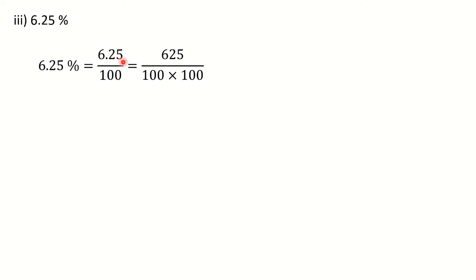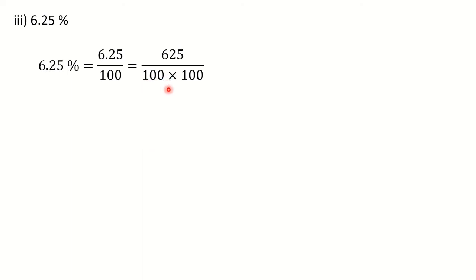Now here we don't want this decimal point. So to remove that decimal point, here we have multiplied by 100 in the denominator. I told you how to do it. Count the places after the decimal point, 1 and 2, and that many zeros you should have in the denominator. On 1 you have to give that many zeros. So this 100 is already present, and 6.25 we wrote as 625 upon 100. Got it? Now the next step is to reduce it.